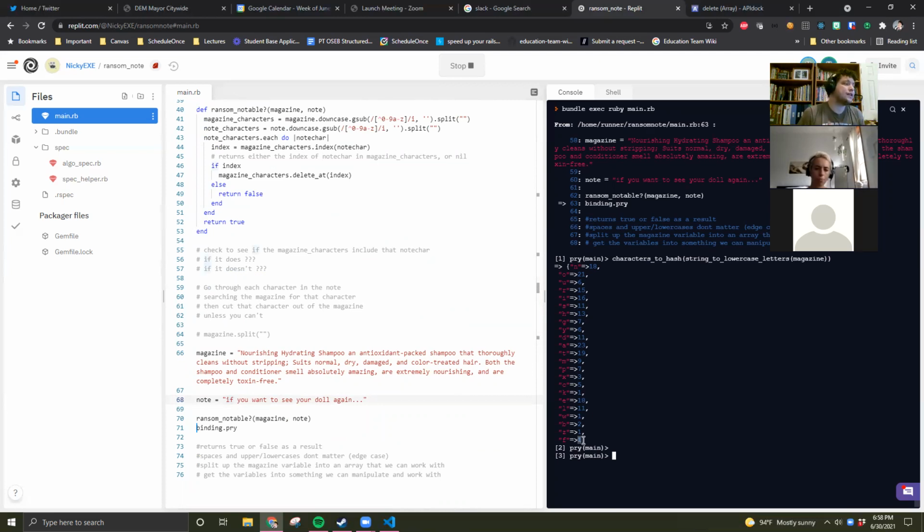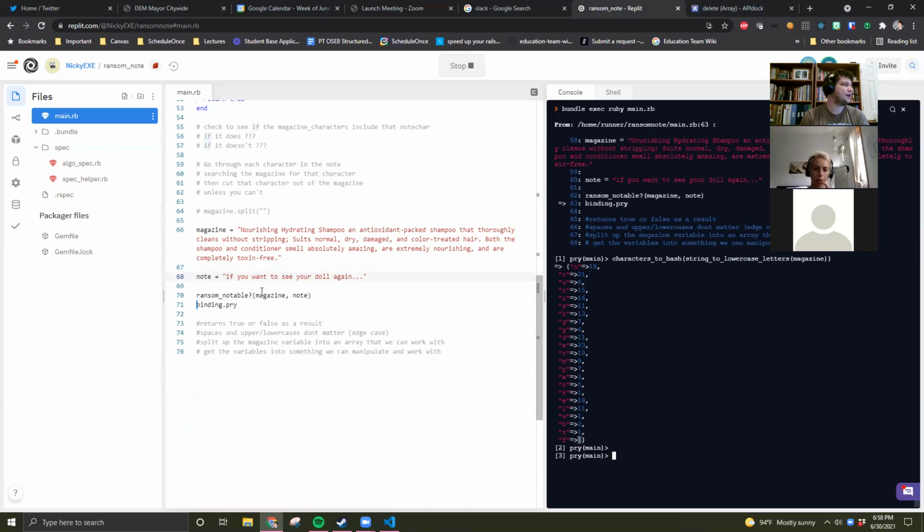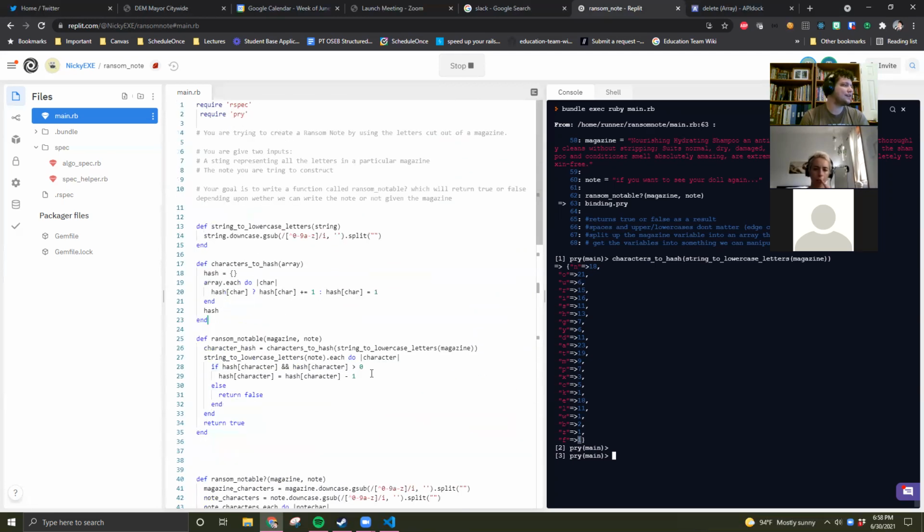But if we didn't have an F here, if the F was 0 or if it didn't exist, we would want to return false. We haven't found it. But if it goes through the entire thing and doesn't find a situation where it can't find a character in that hash with more than 0, that's when we return true. So if we run our RSpec again,